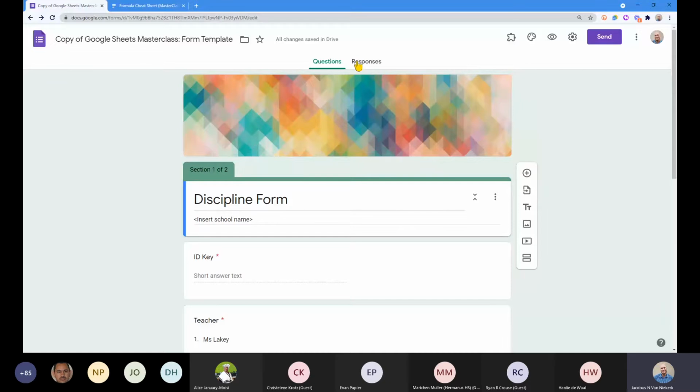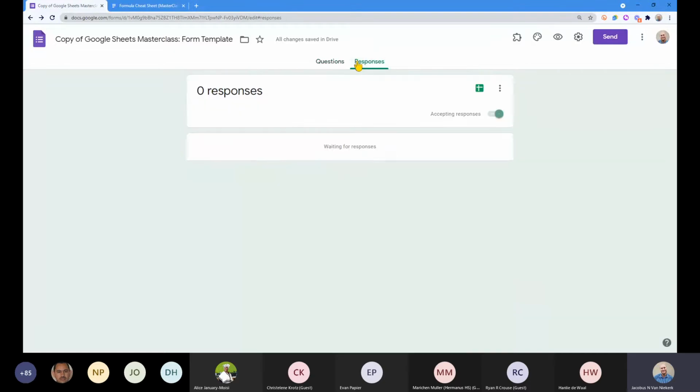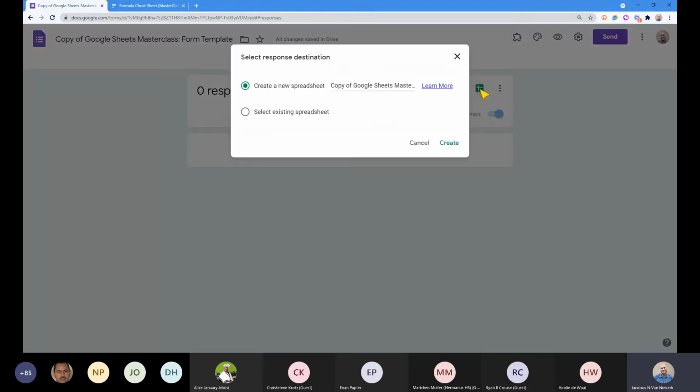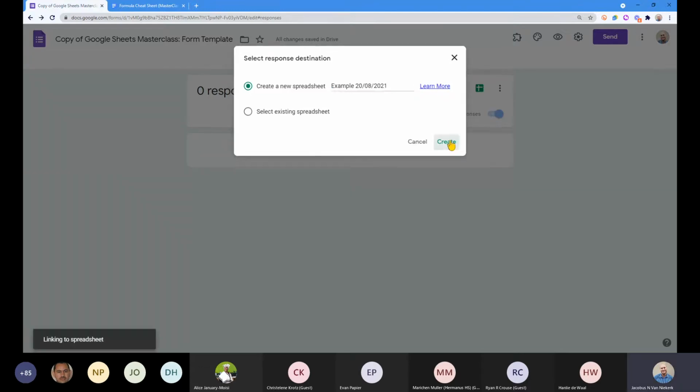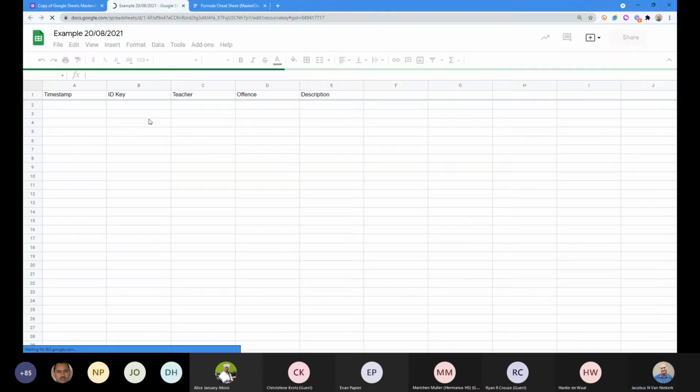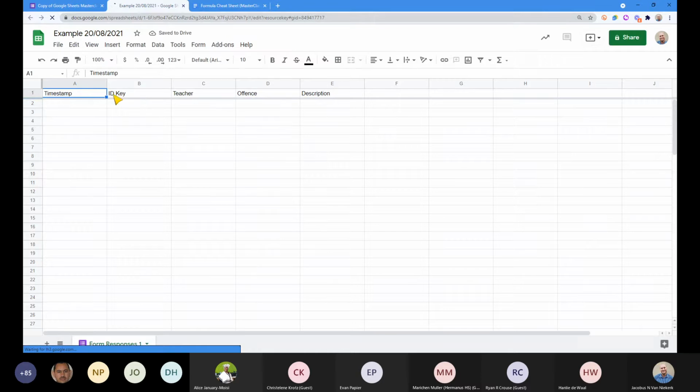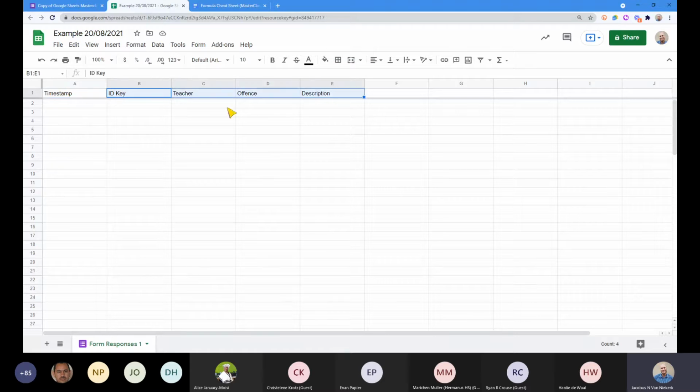And to copy it to the Google Sheet, we click on responses, and there's the create spreadsheet, and we'll do that, and we're going to create a new spreadsheet. I'm just going to call it example again. Right. So there's my Google Sheet. Right. So it is an incredibly short form now. I've literally got 4 questions on my entire form.